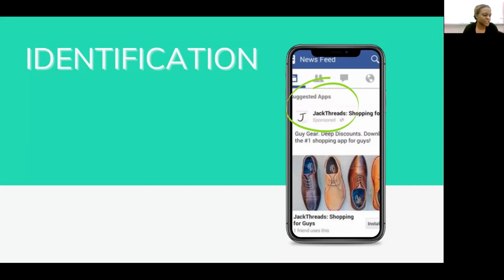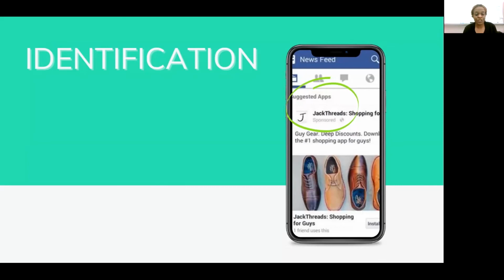So businesses use this element of the ad not only to identify themselves and or their products, but also to encourage action. So the identification might include the logo, the name of the company, the address, the telephone number,